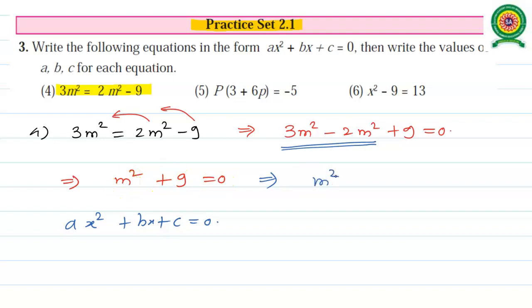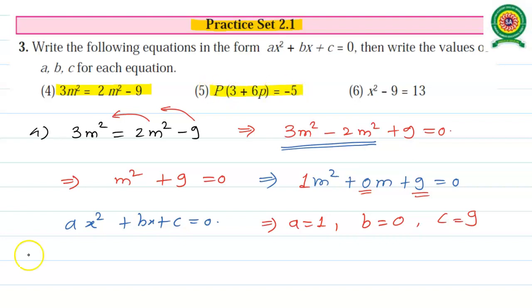So now there is no term in m in this quadratic equation, so we can write its coefficient as 0. After all, 0 into m is 0, and 0 plus anything becomes the same thing. So we are getting m square plus 9 equals 0. But don't try to simplify further, because we have to compare it with the general form of a quadratic equation and find the values of a, b, c. So a becomes the coefficient of m square, which is not given, meaning it is 1. b becomes the coefficient of variable m, which is 0, and c becomes the constant, that is 9.